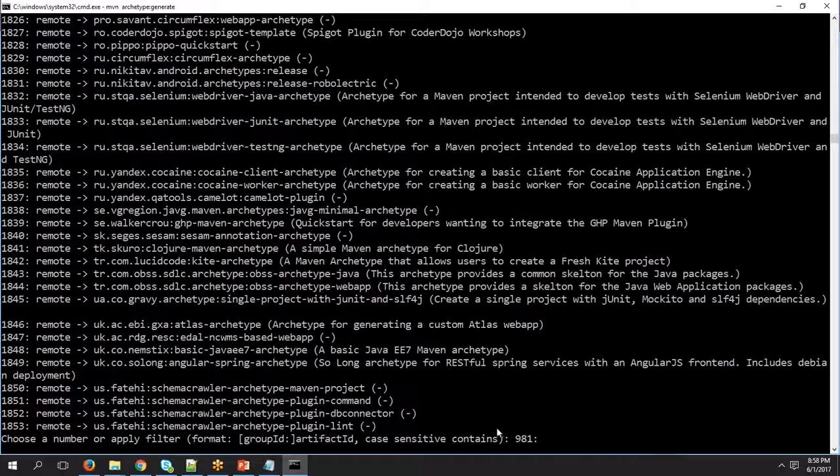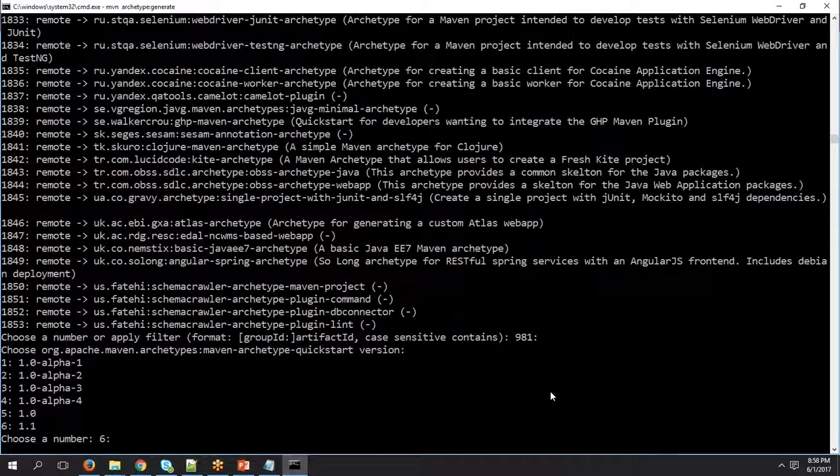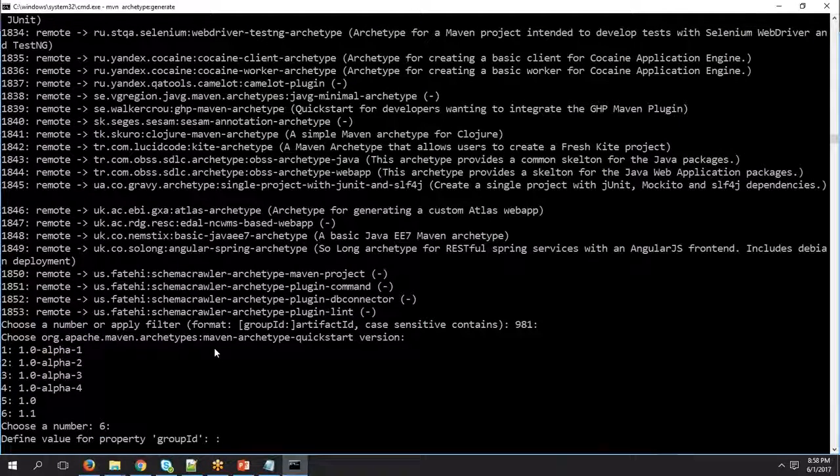Now let us use the standard template of number 981. If you just press enter, it is going to pick that up. In that there are multiple versions which Maven is giving. Again, it's not of much interest, so just press enter and it will take the default version of this template. Okay, after this, if you note, it is asking us for the group ID,